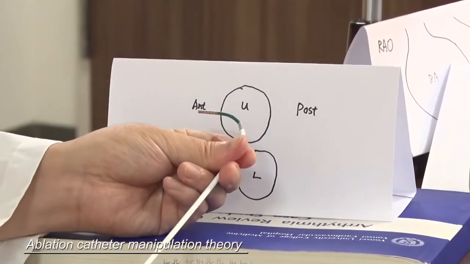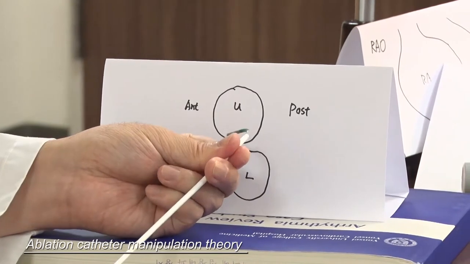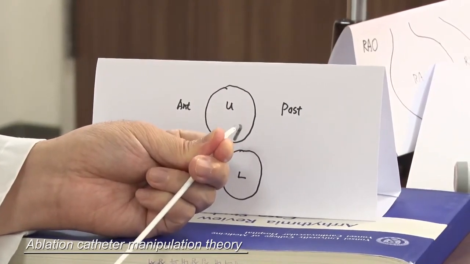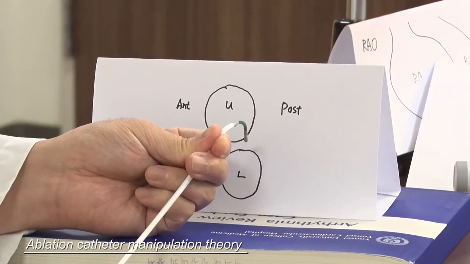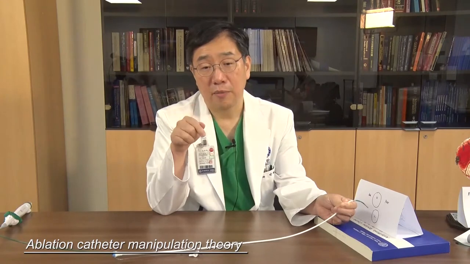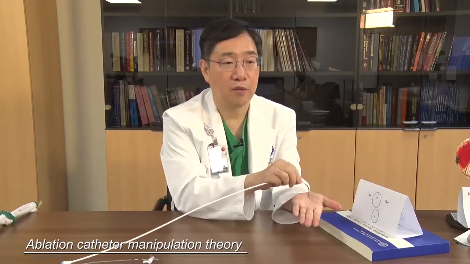So you can imagine you are watching the right side pulmonary vein from inside. For the right side pulmonary vein, if you make a clockwise torque, you make a good contact to the anterior wall; counterclockwise torque makes a contact to the posterior wall. But when you ablate the posterior aspects of a right side pulmonary vein, sometimes catheter stability is good because the catheter is almost perpendicular to the wall.